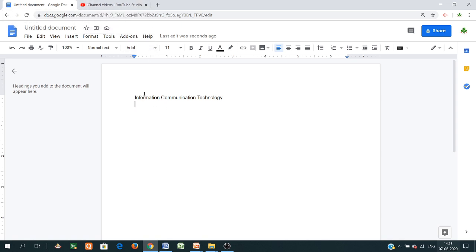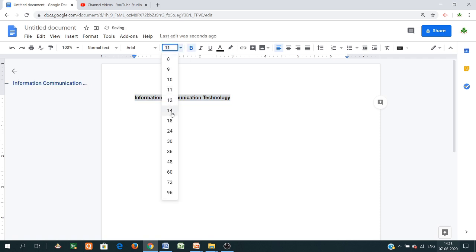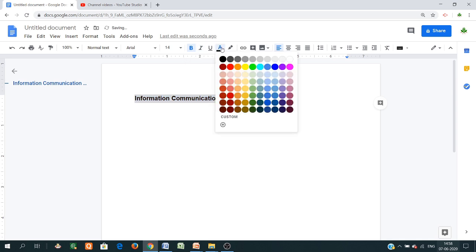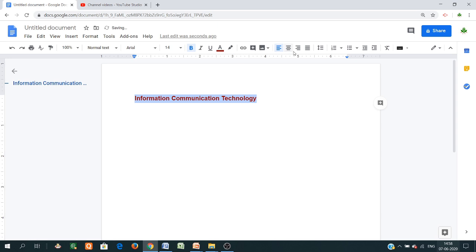Then next is voice typing. So you can make this sentence bold, then you can change the font also here, you can italic also, you can take any color. To this facility, just center alignment, and suppose you want to add bullets also, you can add the bullet number also, you can add the bullet also. So this facility is also available.